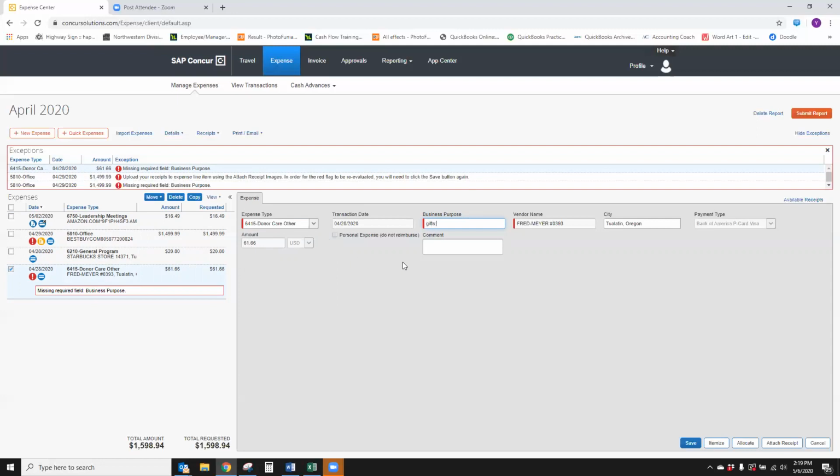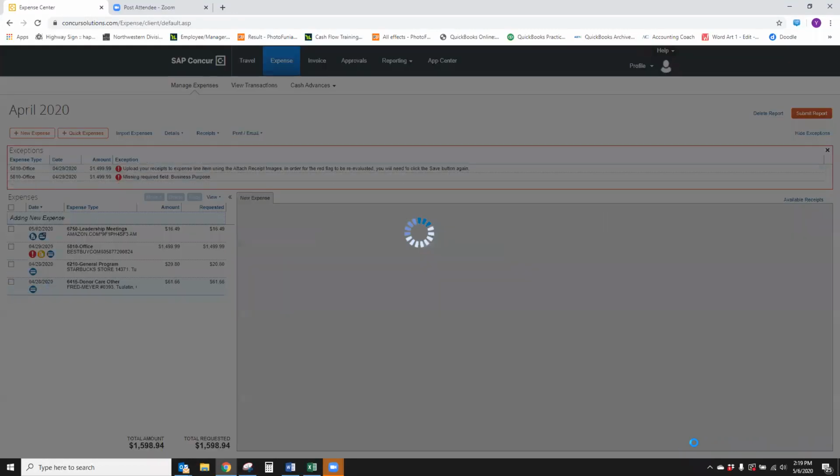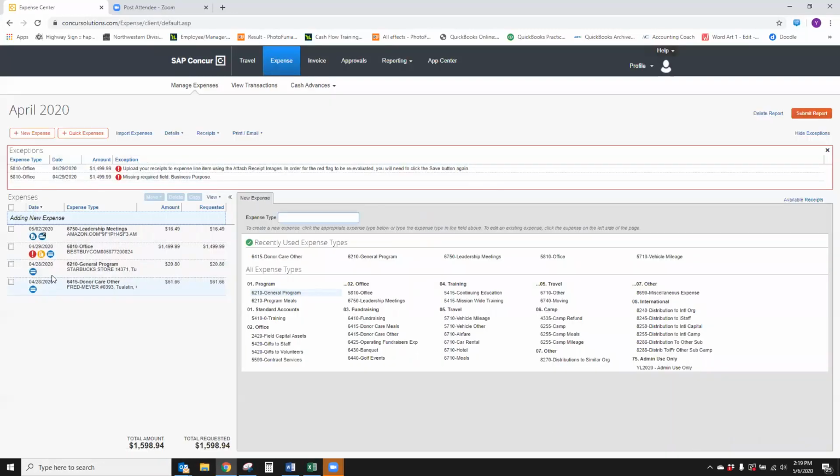This was gifts mailed to area donors. And that is ministry related. So that's a good enough description. You can see I filled out the red fields. You can see there's also a comment field. If you write a detailed enough business purpose, there's no reason to have to also write a comment. So usually the comment field can be left blank. This was under $75, and so I think we're good to go here. Now you can see there's no red icons for any of those, so let's take care of our Best Buy